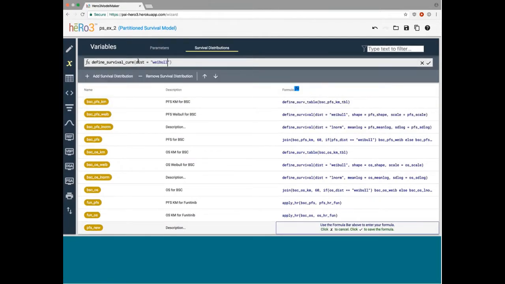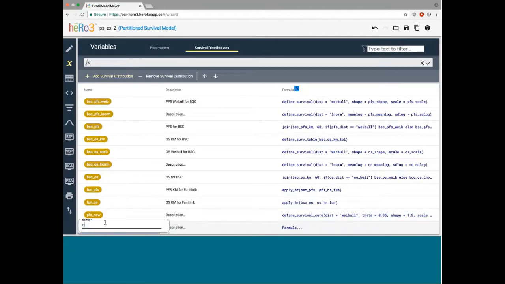First we're going to define the parametric form for this cure model. So we're going to use Weibull. Then we're going to pass in the first parameter, theta, which is the cure fraction. This is for our PFS, so we're going to set the proportion of patients who never progress or die to 30%. Make that 35%. And set the shape and scale parameters. Shape equals 1.2 and 1.3. Scale equals, let's say, 30. And so that's our mixture cure model for PFS.